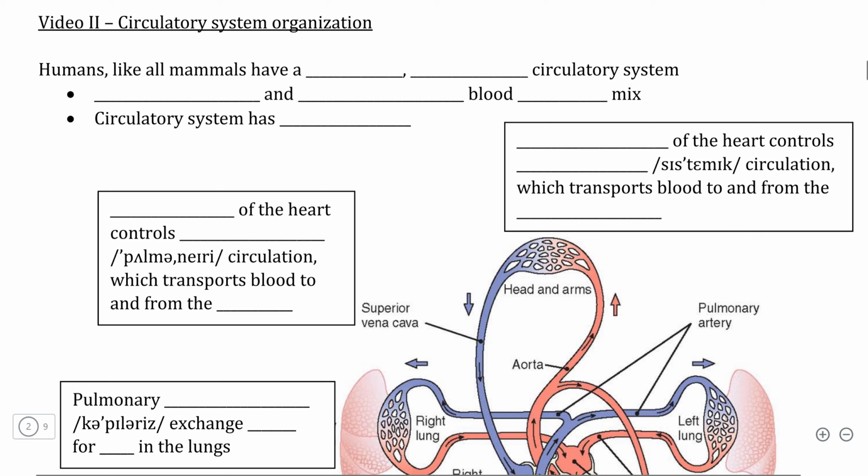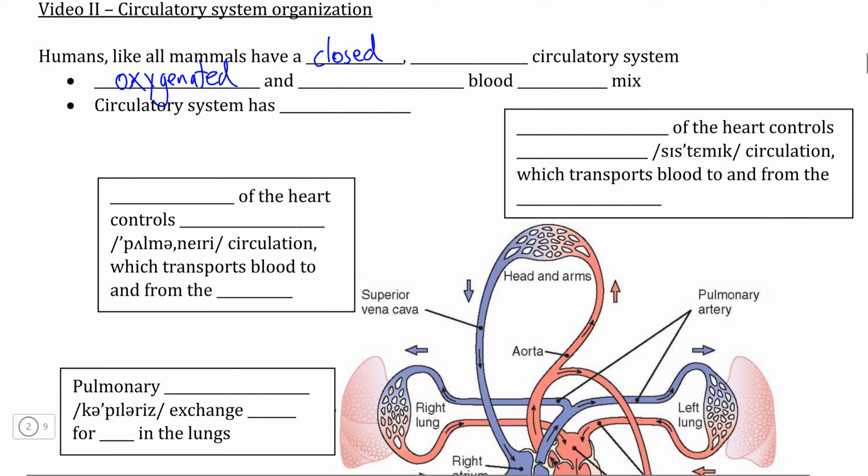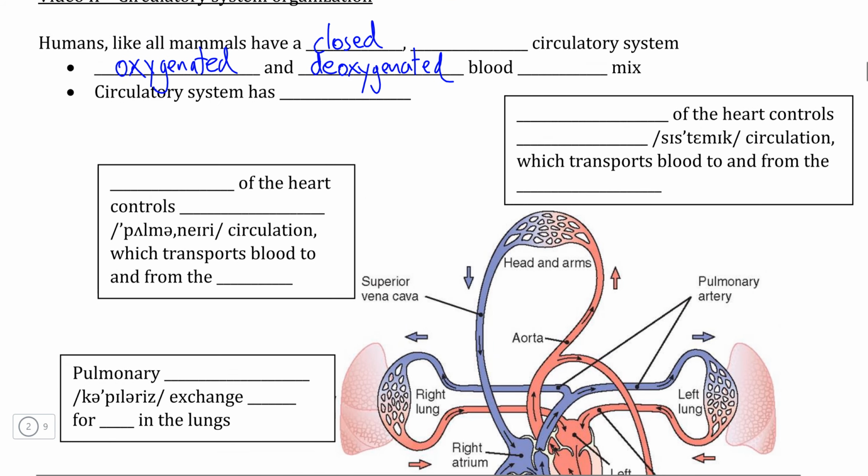When we discuss the human circulatory system, which is functionally identical to that of most other major mammal groups, there are two adjectives that we can apply. The first of which is we say that our circulatory system is closed, meaning that the oxygenated blood that transports oxygen to the tissues of our body in order to perform cellular respiration, and the deoxygenated blood, which ultimately needs to be transported back to the lungs in order to get reoxygenated,